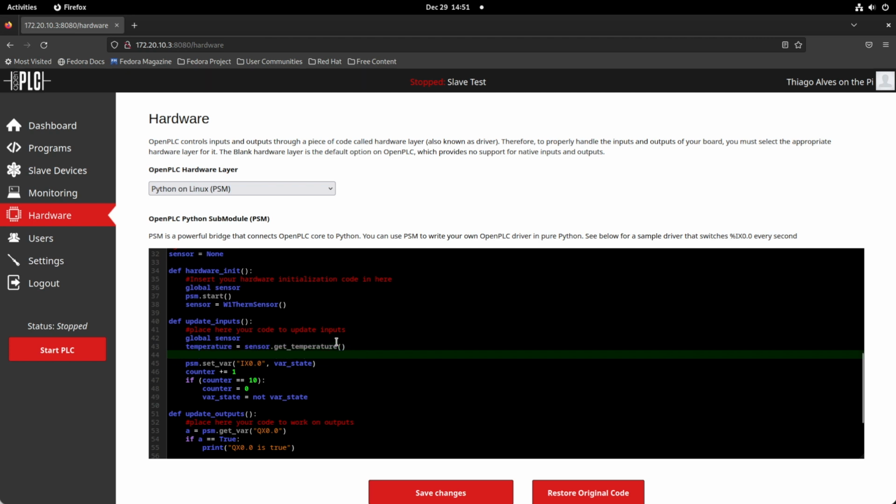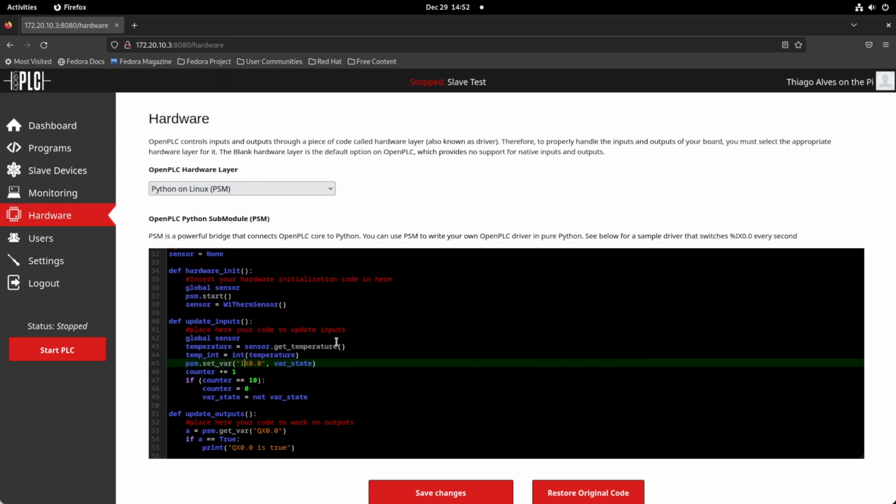I'll do this by calling temp int equals, or better, int temperature. Oh, good. Now I have my temperature as an integer inside my temp int variable, and the last step is to just set a PLC variable